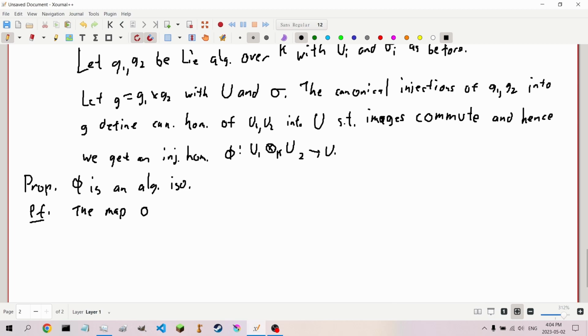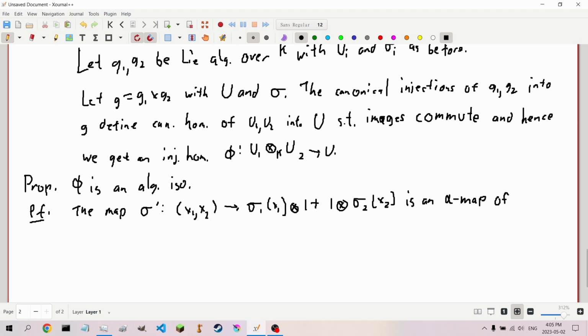The mapping, we're going to call it sigma prime, which sends a pair x1, x2 from G to sigma 1 of x1 in the universal algebra times 1 on the other side plus 1 times sigma 2 of x2, is a mapping of G into U1 tensor over K with U2, and this is injective,